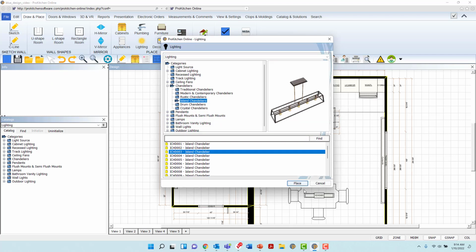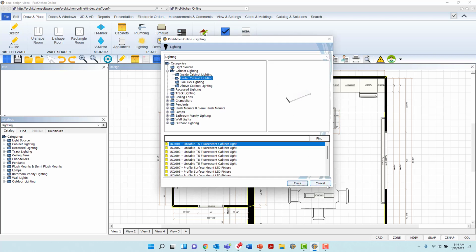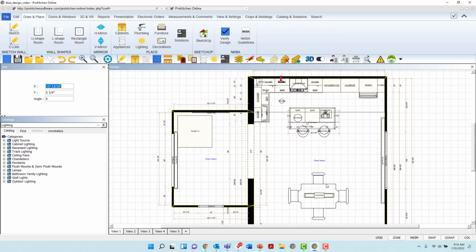Continue to place lighting fixtures until you have finished. Then, left-click Cancel at the bottom right corner of the dialog box to dismiss. Now that my first set of lights have been placed, I may manipulate them with right-click Toolbox tools and with